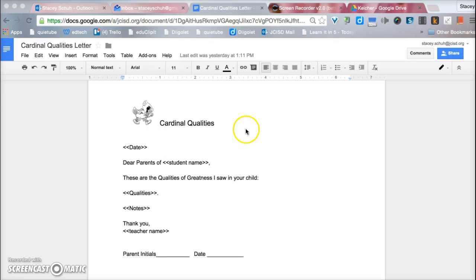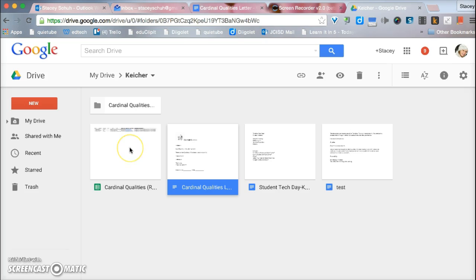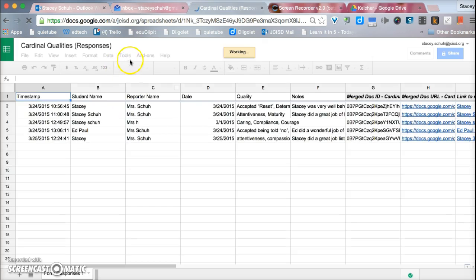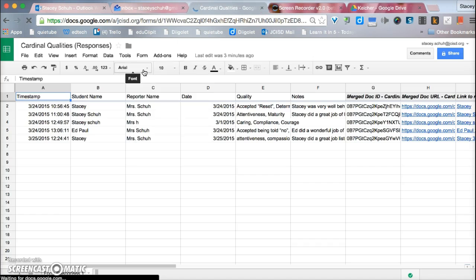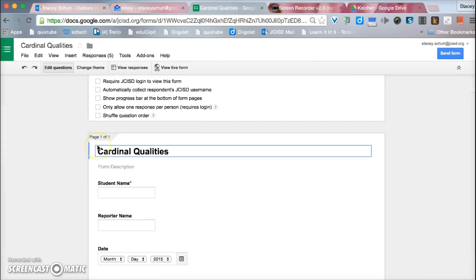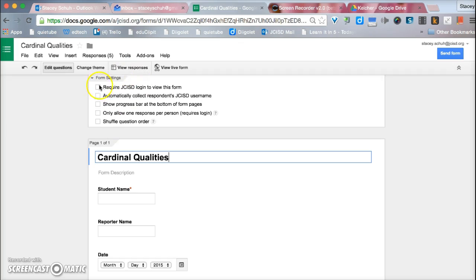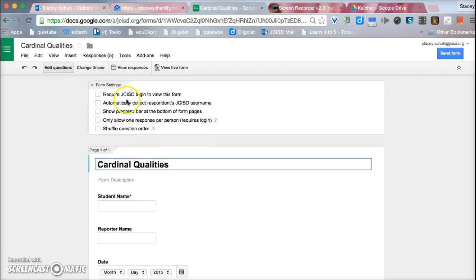So I've created this. Now I'm going to show you the form. What I did is I looked at the already created paperwork the school had, and I created a form using Google Forms. The first thing you need to know about Google Forms is you need to uncheck the required form settings. If you're using Google Apps for Education, you'll probably see something at the top that says form settings, and I actually had to click off the require option